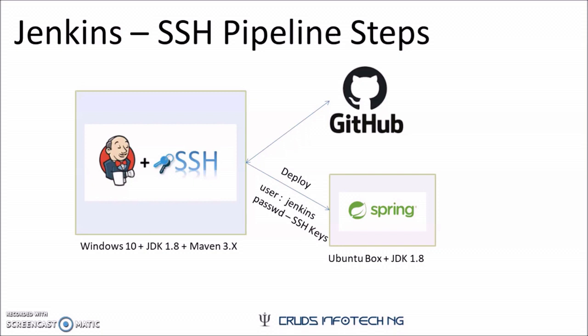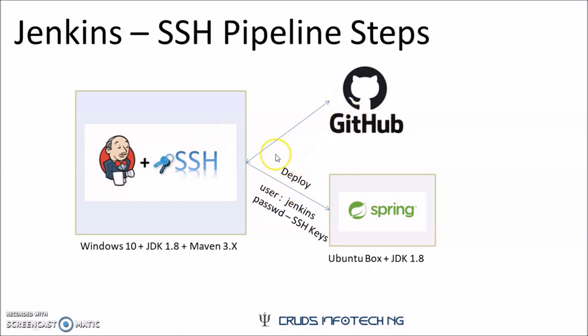Now this is all a part of my deployment, so I don't want to install Ansible, which is an overkill for my use case. So what I want to do is I would use a plugin called SSH Pipeline Steps plugin. I'm going to show you two different ways of doing that. One using just the UI. The other one is this SSH Pipeline Steps plugin that will allow me to write complete pipeline steps,